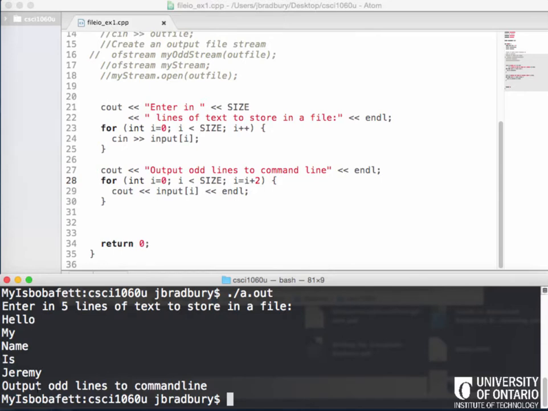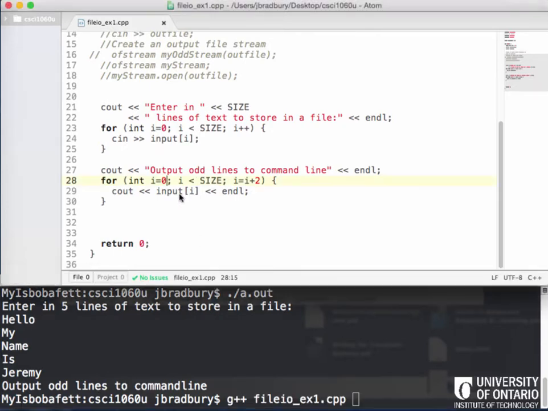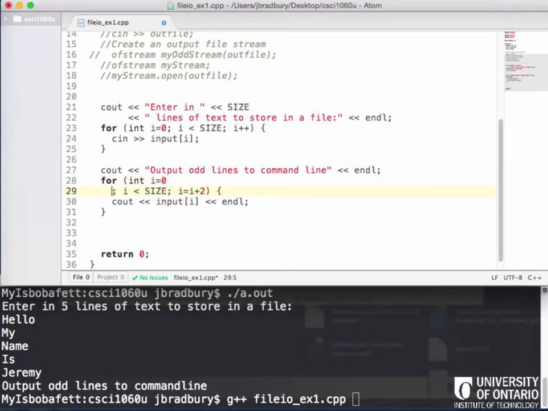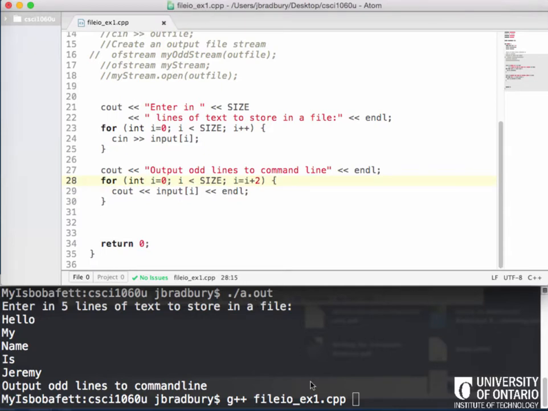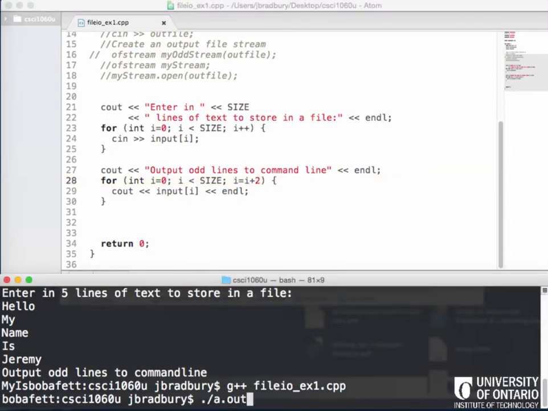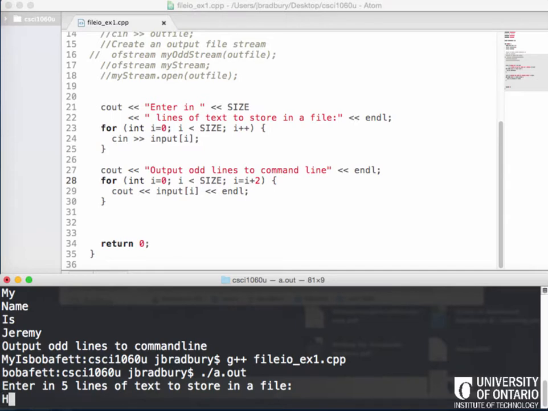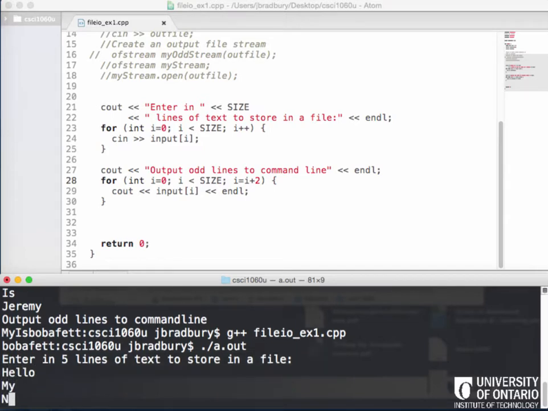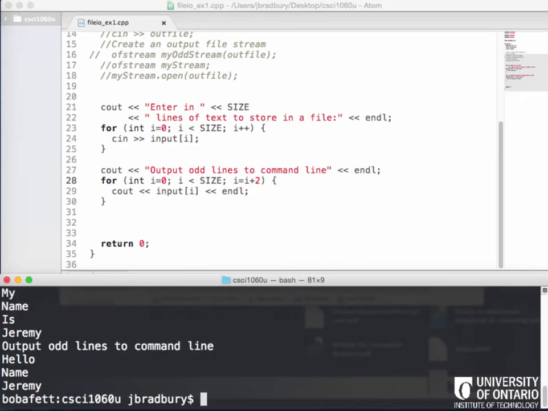Output odd lines to command line. Oh, I forgot to compile it. That would have helped, right? Oops. Let me compile it. And what does it display out? Hello, name Jeremy, right? Cool. Now, what we actually wanted this to do, though, was we didn't actually care about that, that just shows us how